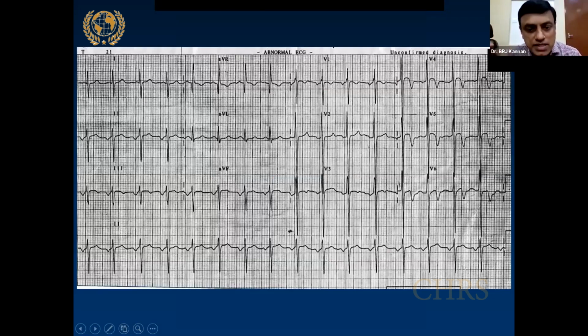Okay. There is a regular PQRS, PQRS, PQRS. There is no denying that fact, but it is not a sinus rhythm. If you carefully observe, there is an inverted P in 2, 3, aVF. That means the source of this P is from the lower part of the atrium, near the coronary sinus. We call this a low atrial rhythm, or the coronary sinus rhythm.